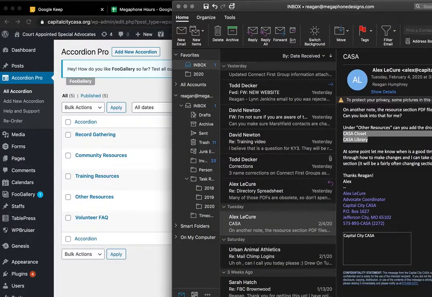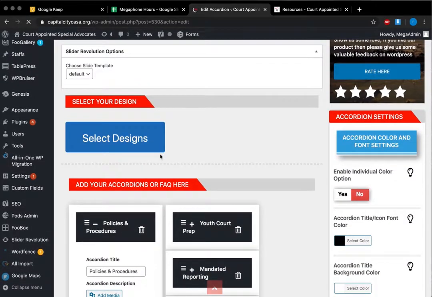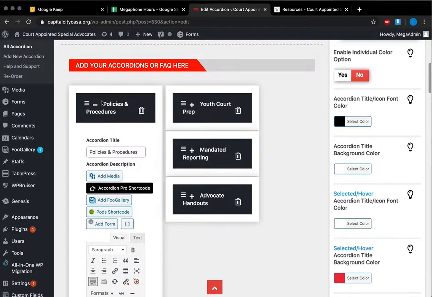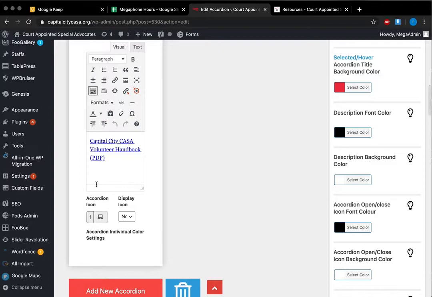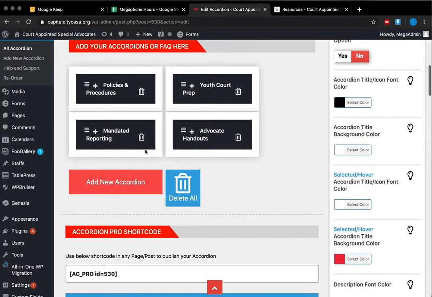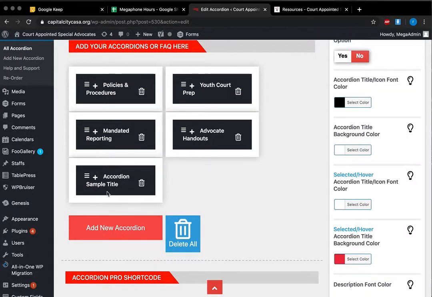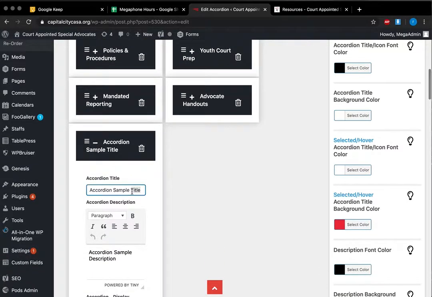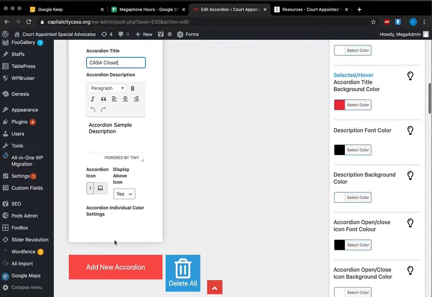So what did we need to do? Add drop downs under other resources. So these are your drop downs. I don't understand why it is so skinny. It's kind of a headache, but that's where they are. So I'm going to do a new accordion for CASA Closet and CASA Library. Sample title, so just open. And then I don't have any content yet, but this is where that would go. Again, if you're linking something, you just